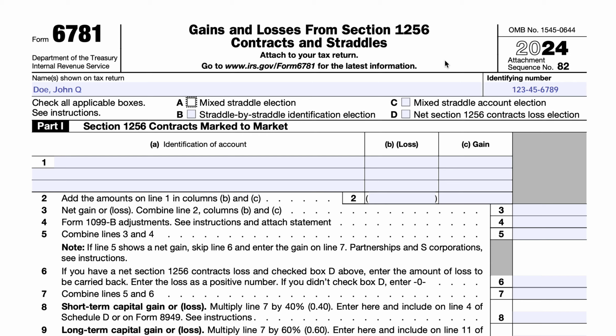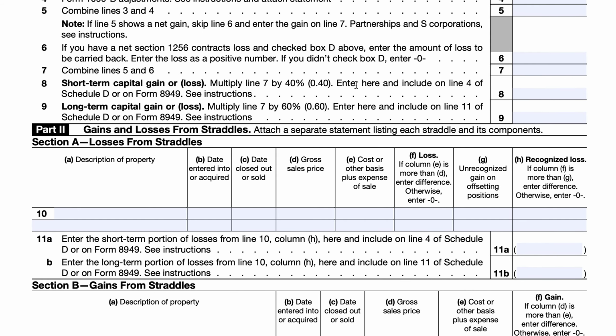So in this case, you would check box C, you would attach this to your return, you would then report the annual account net gain or loss from a mixed straddle account in Part 2, and then you identify the election. In box D, you are